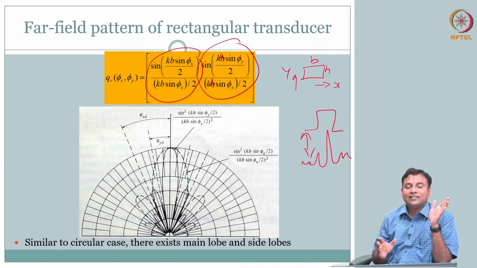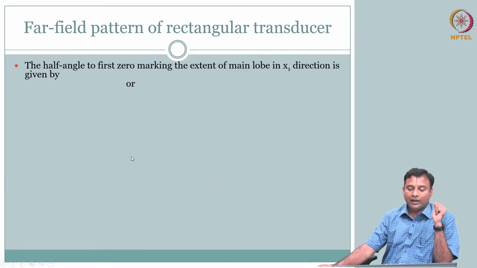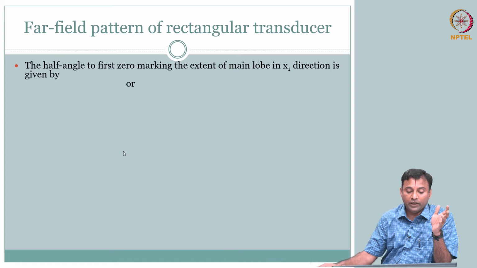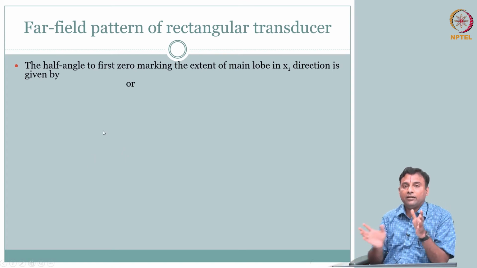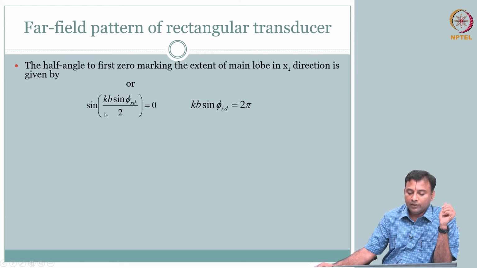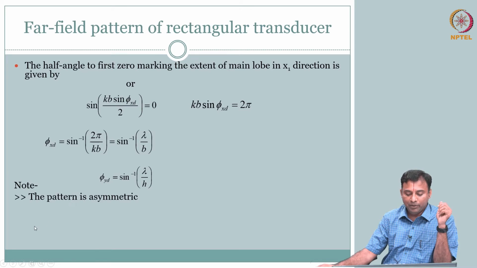What you get is a surface integral. So, you have to recognize here as well we could get the divergence angle we talked about, right. So, here also we can get it, but for two directions. You can get it for the x direction, and for the y direction. It is a similar idea, a sine inverse of lambda by h or sine inverse of lambda by b. So, clearly this pattern is asymmetric.